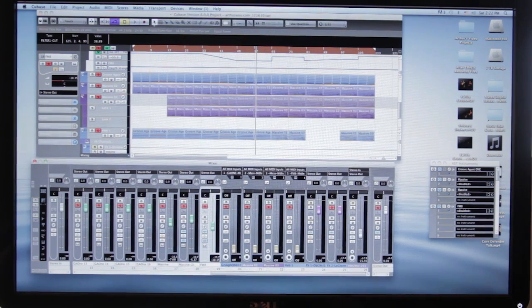Another topic down here is the mixer. It basically controls the volumes and different types of plugins, which are certain types of effects, such as reverberation, EQ, and so on. You can control all of that within this mixer here, which kind of gives you a different sound for each track here.